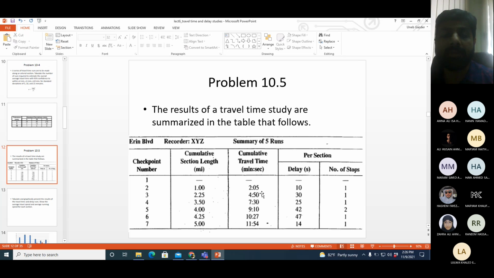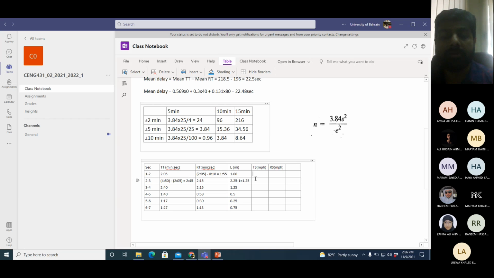Now we can calculate the travel speed, right? So travel speed, like you said, distance upon time. So distance is 1. Now time is in minutes and seconds, so I cannot use it like this. So 2 minutes 5 seconds will be 2 into 60 plus 5. 2 minutes into 60 seconds to convert it to seconds plus the extra 5 seconds.